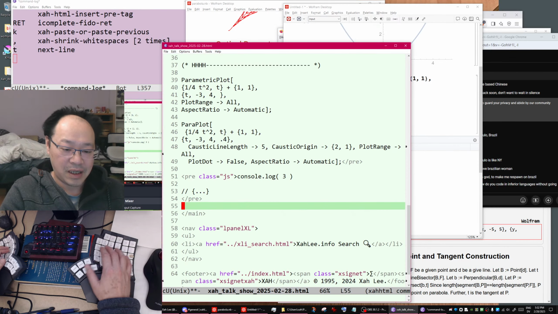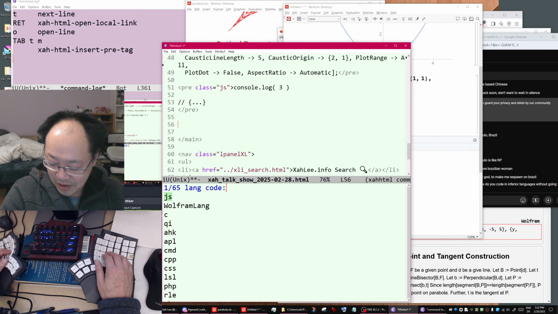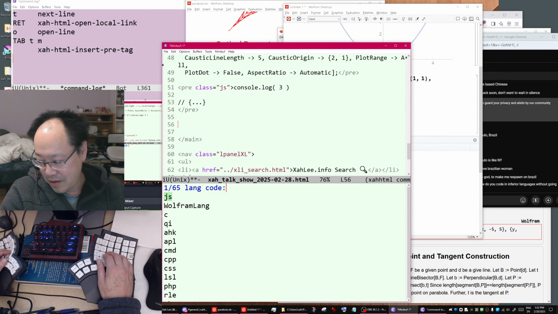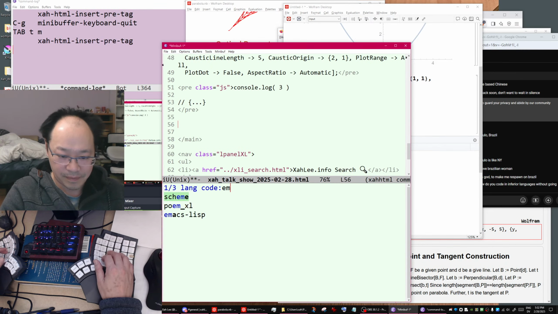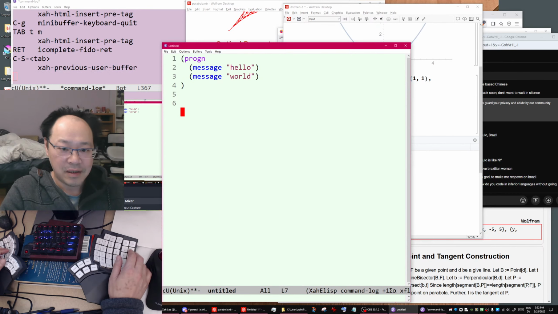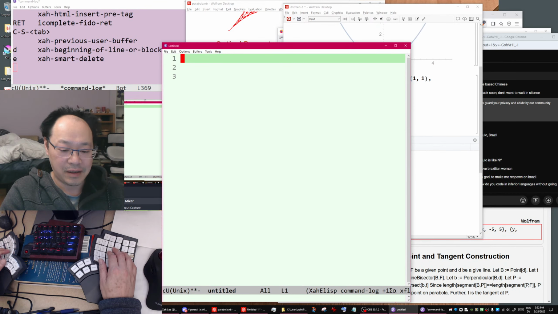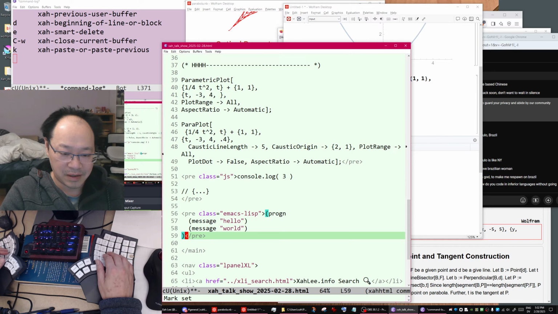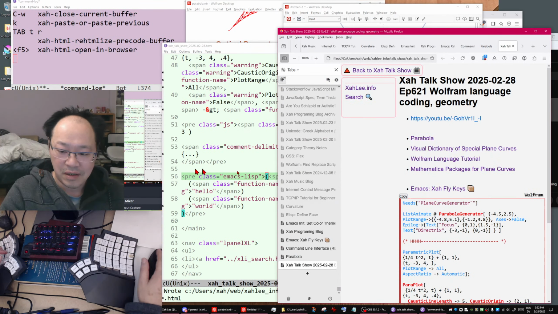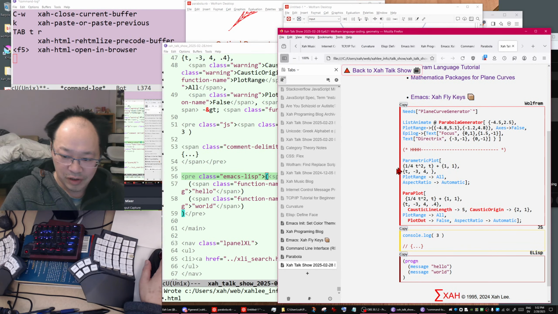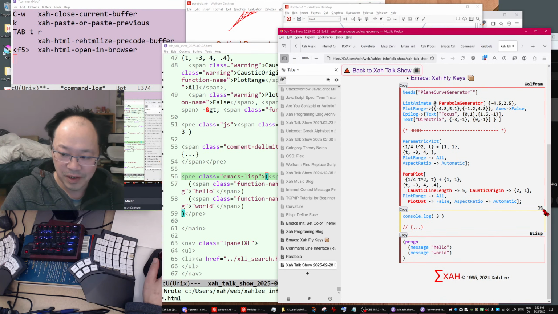Let's create a new block of code. What were we doing? Emacs Lisp, okay. So cut that, close, paste. Now color it, showing browser. So you've got Wolfram language code, JavaScript code, and Emacs Lisp code.